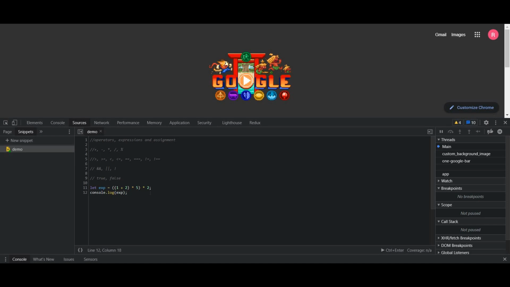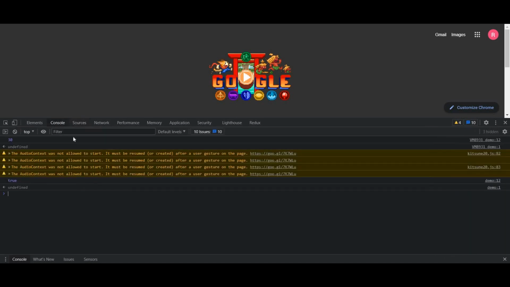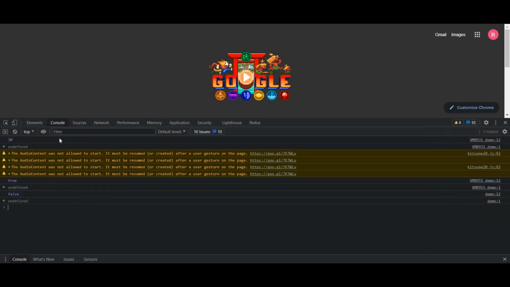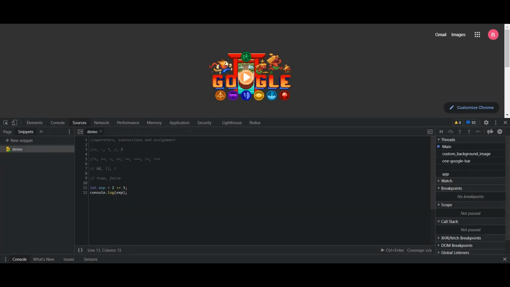And now let's come to relational operators. Let me just clear this here and see what we get. 2 less than 3, is this correct? Let me just run this, and as you can see, it's true. So 2 is of course less than 3. Is it greater than or equal to 3? Let's find out. And that's false, obviously, because 2 is not greater than or equal to 3. So this is how